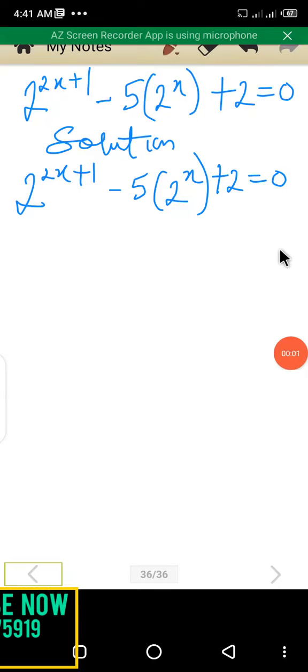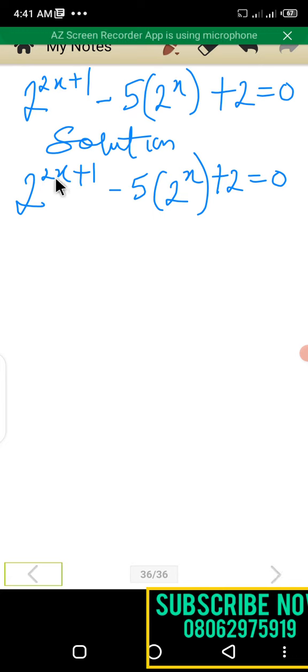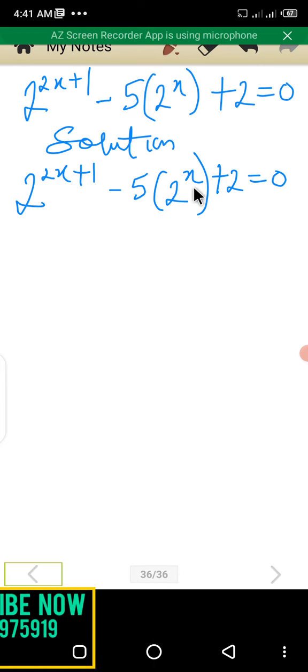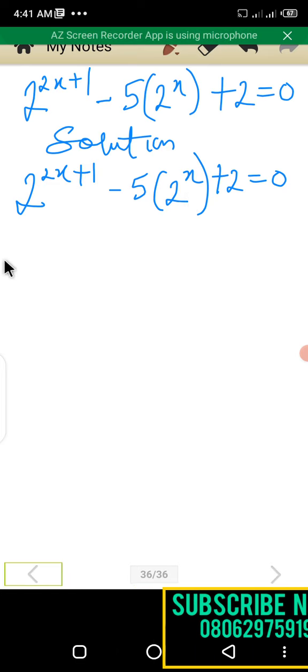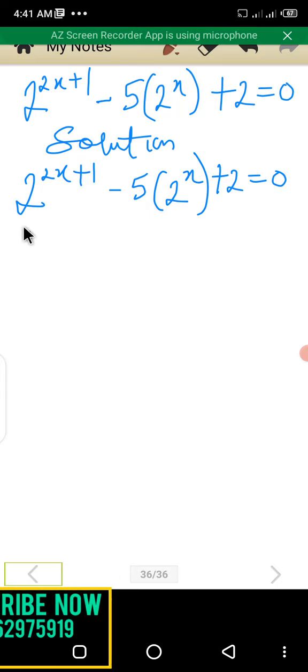This is a question in indices. Solve 2 raised to power 2x plus 1 minus 5 bracket 2 raised to power x plus 2 is equal to 0. In a way to solve this, there is the first